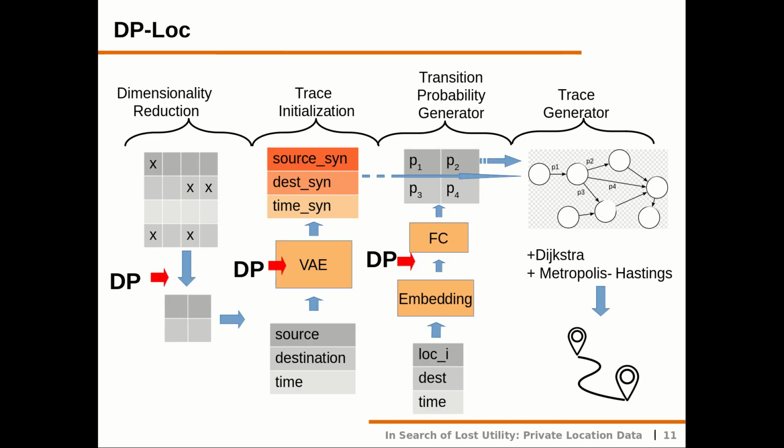Okay, so this has been very nice. It was just simply synthetic data generation, but we also have to introduce differential private noise. And you have to introduce it everywhere where your model uses the original raw data. So in the first part, dimensional reduction, we use the original data and we introduce some noise, it's Gaussian noise. And then the variational autoencoder and the transition probability generator models were both trained with DPSGD, the differentially private stochastic gradient descent.